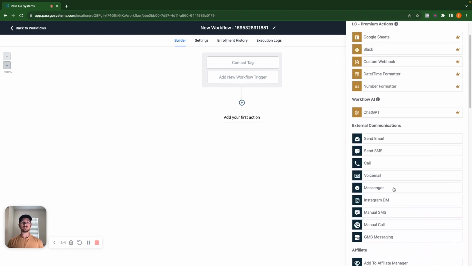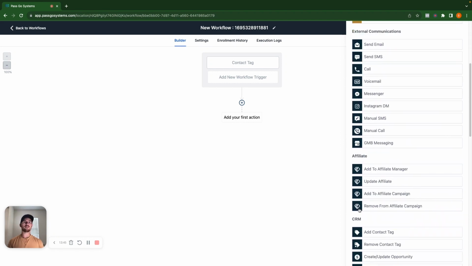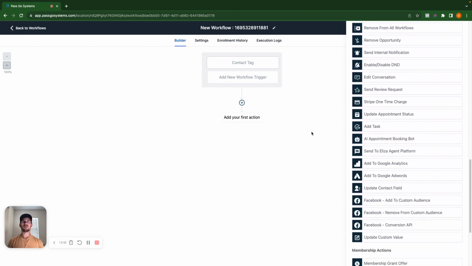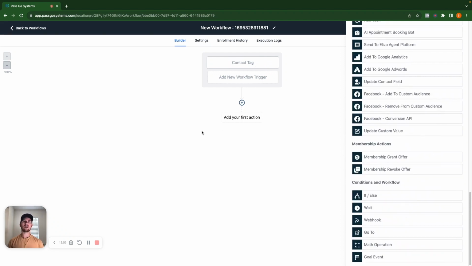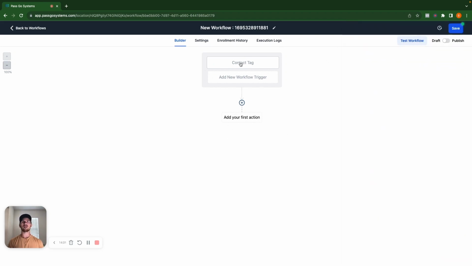Send them a direct message on Facebook, send them an Instagram DM, send them a Google My Business message. All of these different options are available as soon as that contact tag is added to that contact. And so this is how you start a workflow with a contact tag, but you can also,